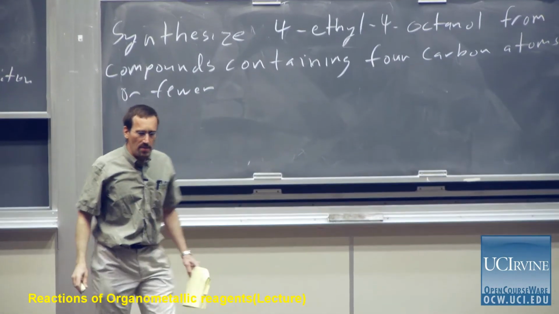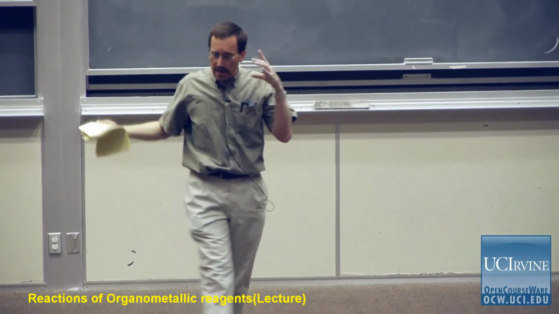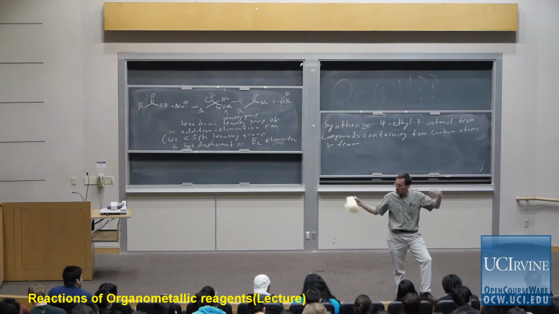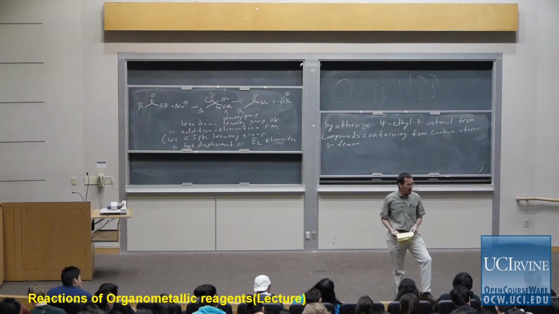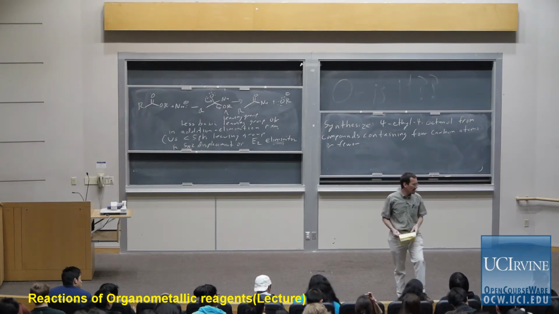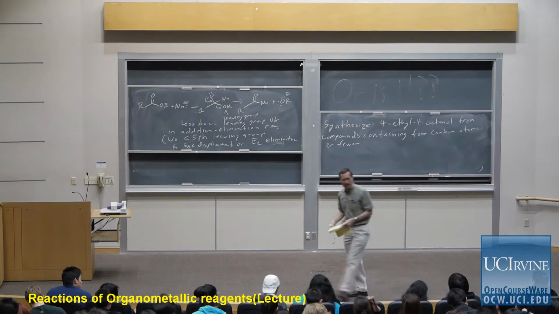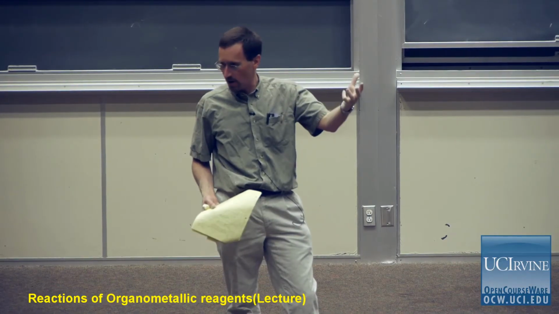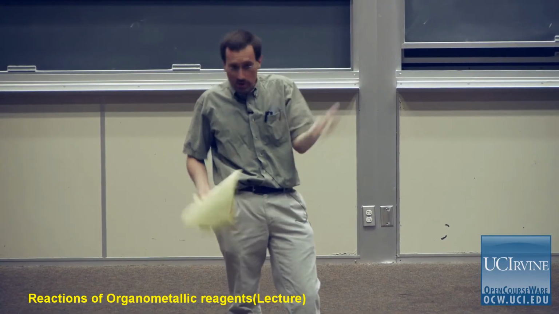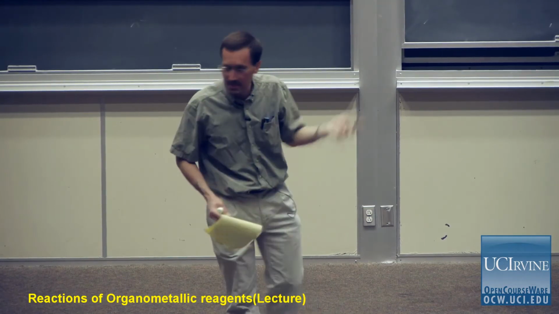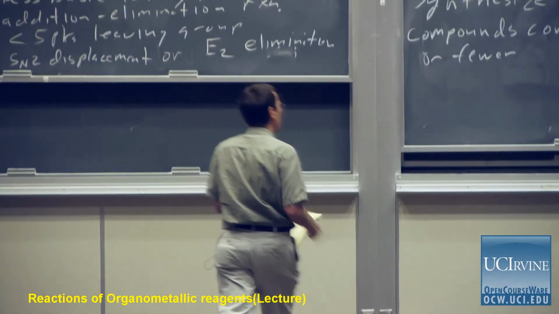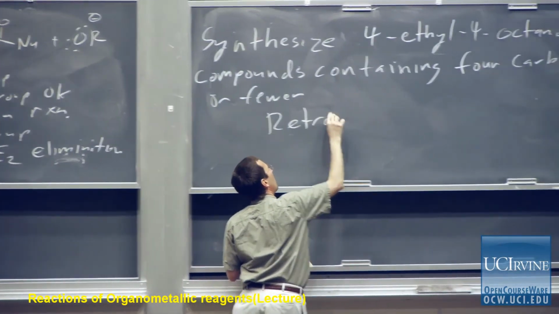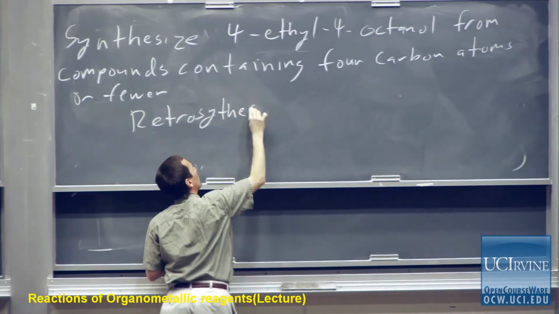There's nothing magical about 4 carbon atoms, but if you look at commercially available compounds, in general, most of them are small, and you can buy a whole range of different compounds. And bigger and more complex compounds often are not as available. So you can buy many compounds containing 4 carbon atoms, or 3 carbon atoms, or 2, or 1. Of course, you can buy plenty containing 5, but for purposes of this example, we're going to say 4 or fewer. And what we're going to do with this is illustrate the way chemists think, the process of retrosynthetic analysis,